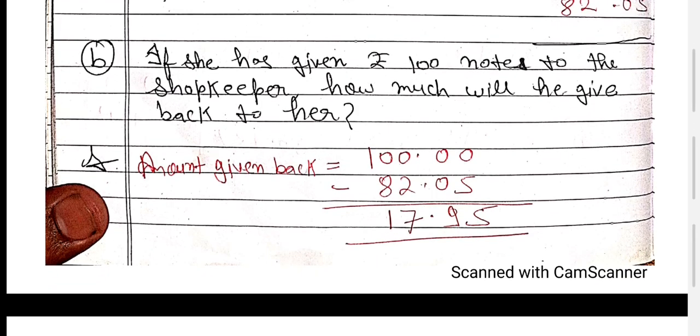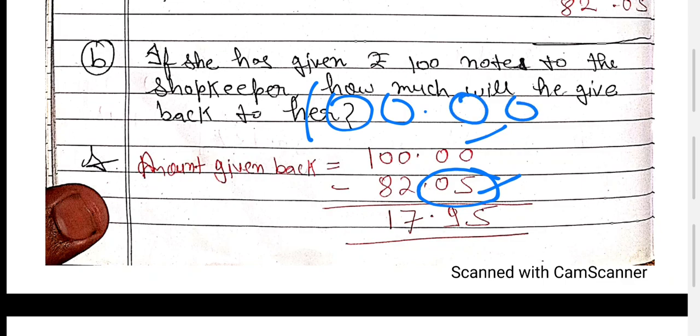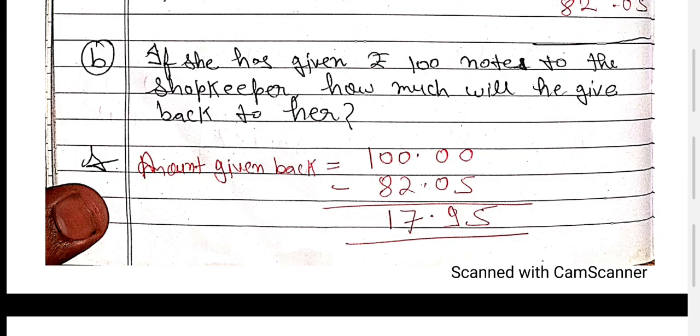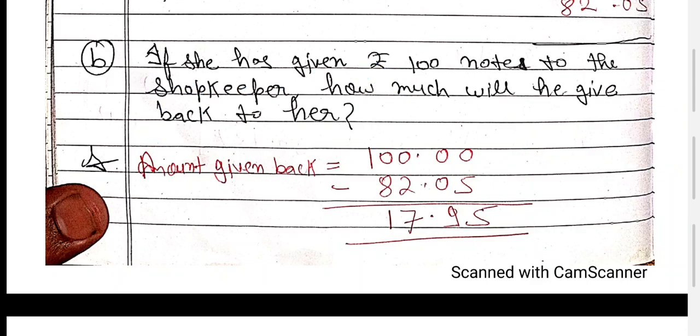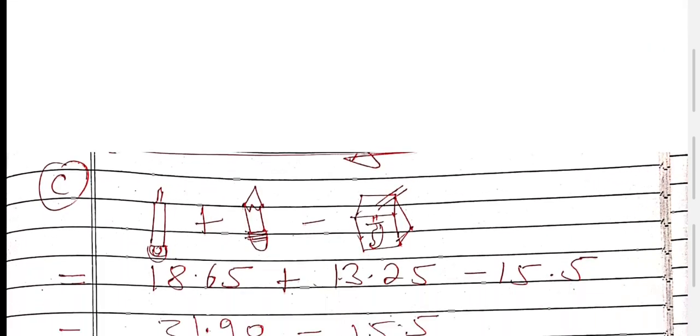So the amount given back is equal to 100 minus 82.05. But 82.05 has two decimal places and 100 has no decimal place, so write a decimal and add two zeros to make them like decimals. 100 is a single number and you have to subtract 82.05. After the decimal it has nothing, so write the decimal and two decimal places from your side so that they become like decimals. Now just subtract: 0 minus 5 is not possible, take 1, carry, it becomes 10, 10 minus 5 is 5. Here 9 minus 0 is 9, 9 minus 2 is 7, here it becomes 9, 9 minus 8 is 1. So it is 17.95. It means you will get this much money back from the shopkeeper when you give a 100 rupees note.